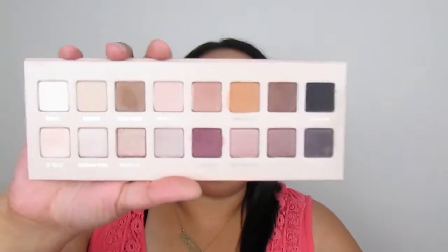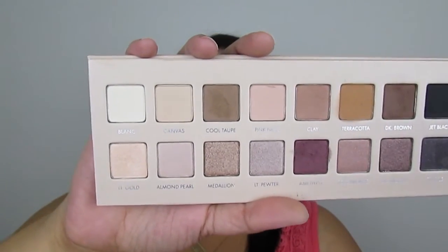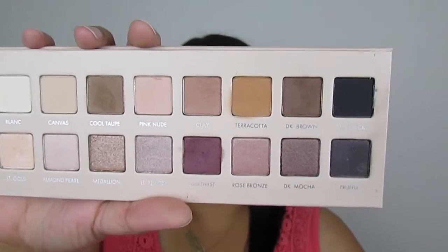Lastly, my final favorite for the month of July is the LORAC Pro Palette 3. I know that this is the third one, but for some reason the first two did not speak to me the way that this one did. I am just such a huge fan of all of these shades. I know that there are some cool tones in here, there are some warmer tones in here, but this palette, you guys,